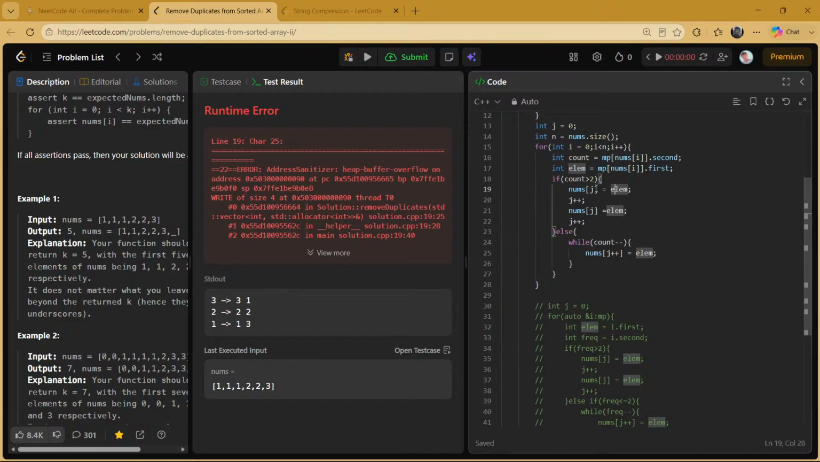J crosses the range. J crosses the range. What, how? If J is less than n,